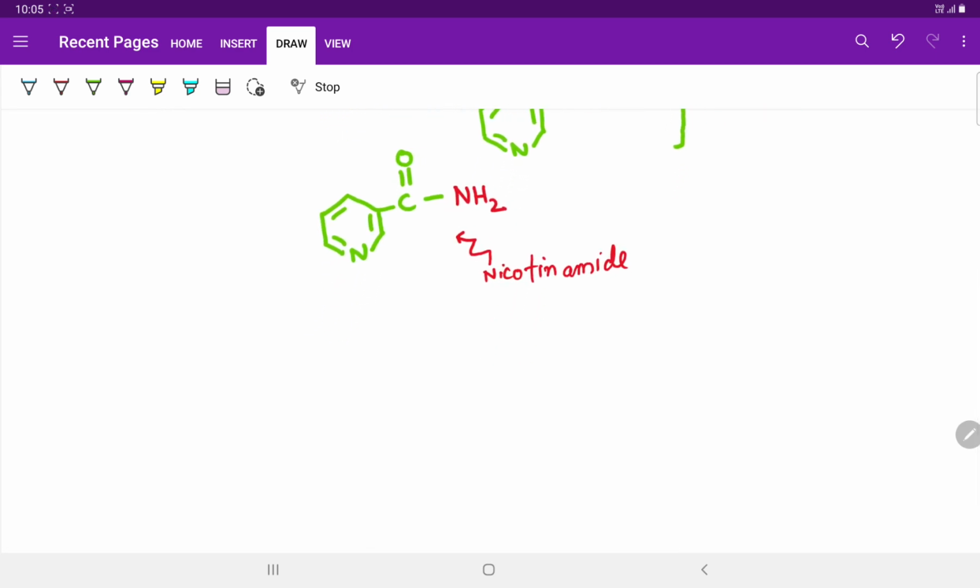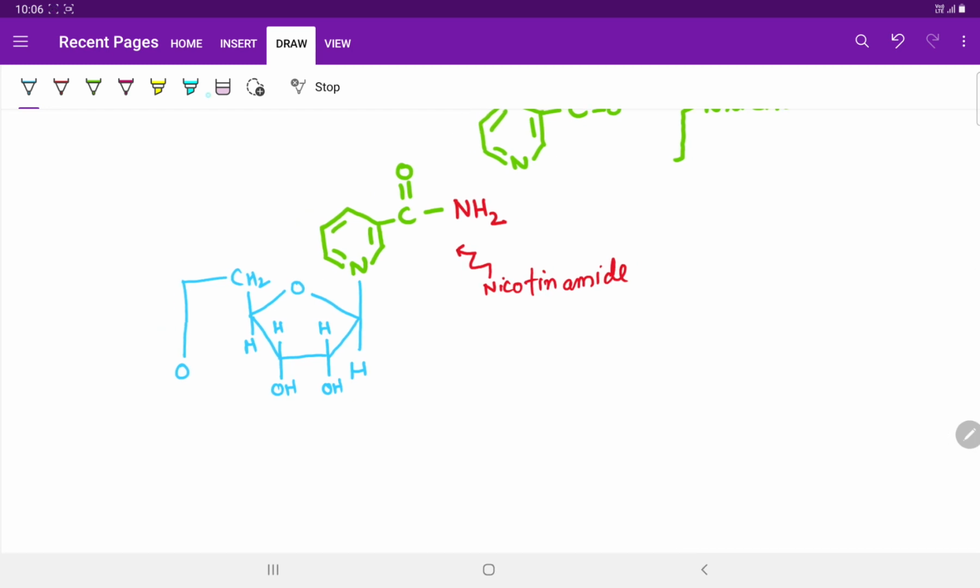Now let us start by drawing the structures of the ribose sugar and the pyrophosphate. First of all, we shall be attaching the ribose sugar with it. Through this nitrogen, a ribose sugar will be added. And through this carbon on the ribose sugar, a pyrophosphate molecule will also be added.